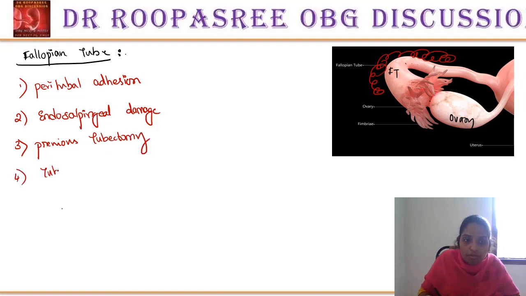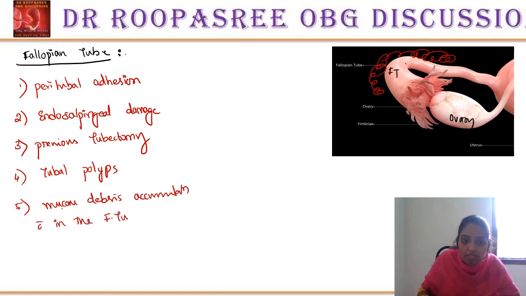Tubal polyps or any mucus debris accumulation within the fallopian tube. And next, see, peritubal adhesions, endosalpingeal damage, previous tubectomy, tubal polyps may be there, and any mucus accumulation within the fallopian tube or infections of the tube like